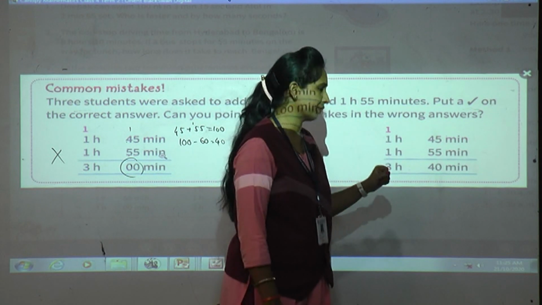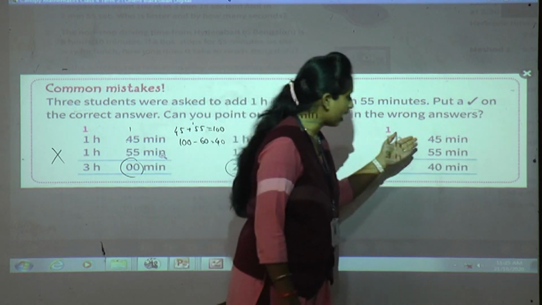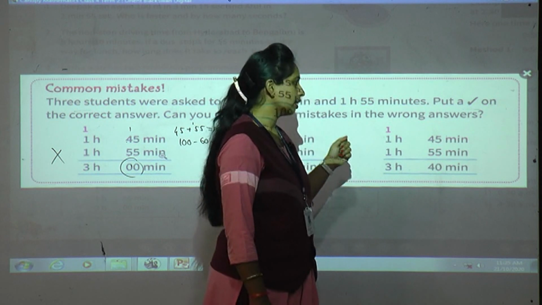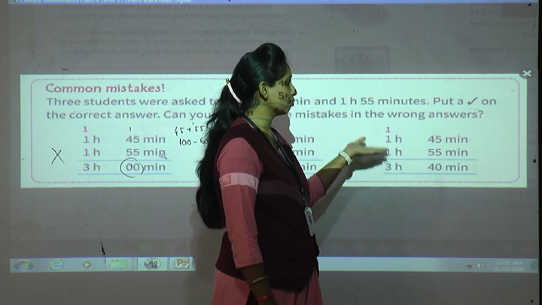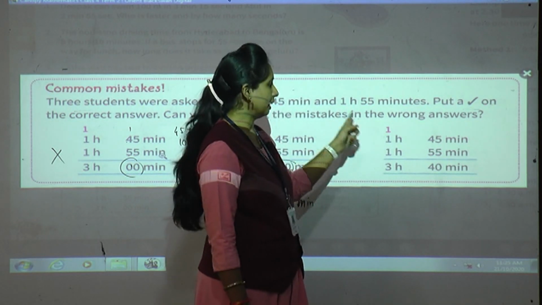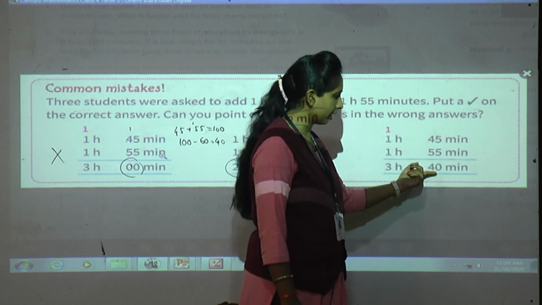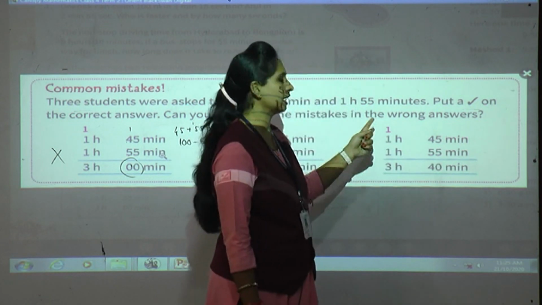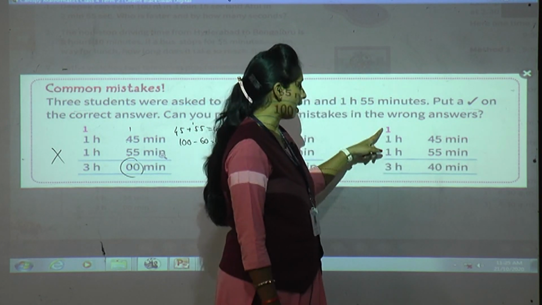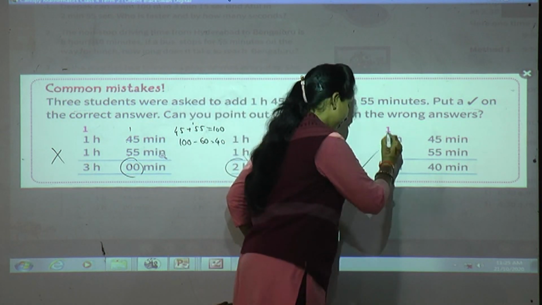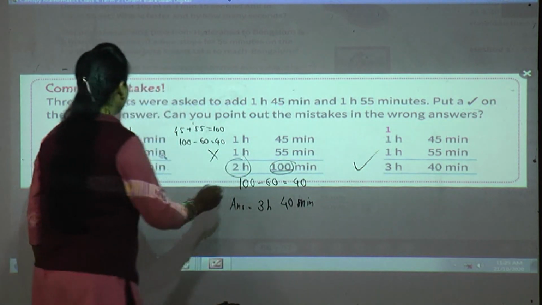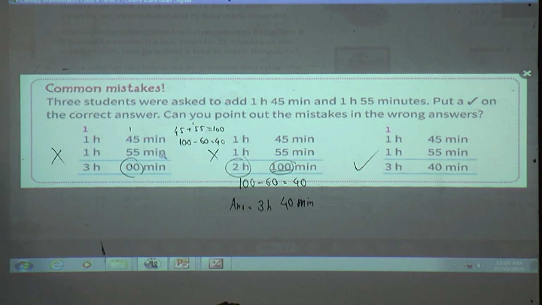Now the third student we will see. Now what has he done? He has done the addition of both. The answer is 100 minutes. So he has converted it into hours, that is 1 hour 40 minutes. So 40 he has written in the minutes column and 1 he carried to the hours column, and he has added all the hours together. So this student has done correctly. The others also did wrong. Understood? So this mistake you should not make while solving on your own.